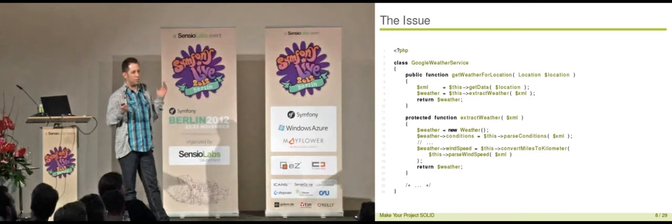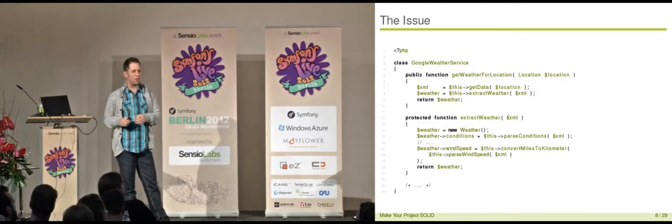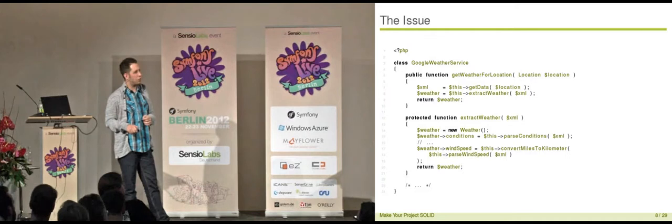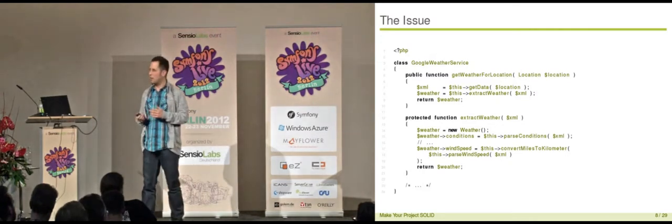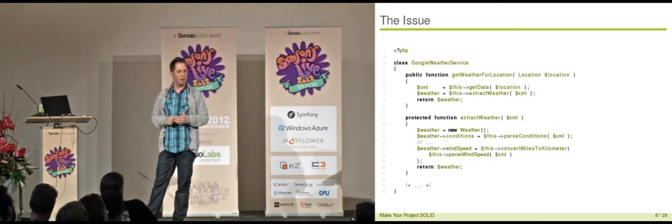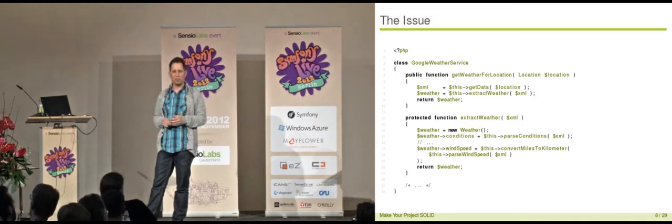Retrieve the data, which is probably done somehow over the network. Then we have this extractWeather, which does parse conditions, so there's some parsing logic behind that. We have some conversion logic. We need to parse the wind speed and so on. So here are some dots at the bottom of this class indicating that there should be quite many private and protected methods among that. Has anybody an idea what the problems with this code are? Can anybody spot problems here? Is it fine? Is it good code? Anybody? Everybody still awake? Pardon?